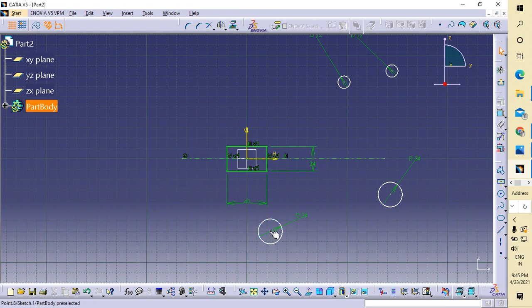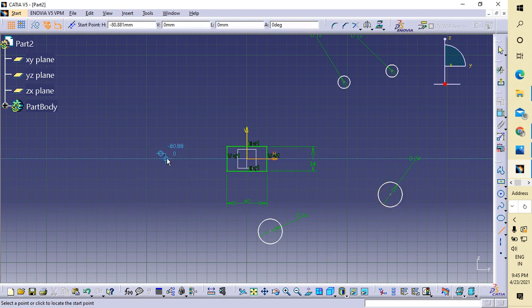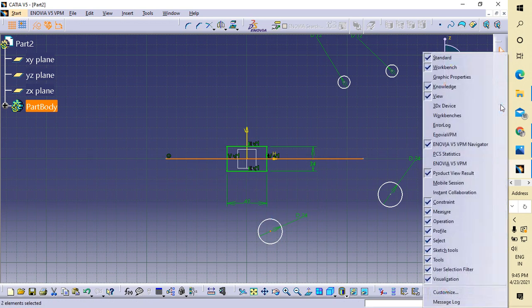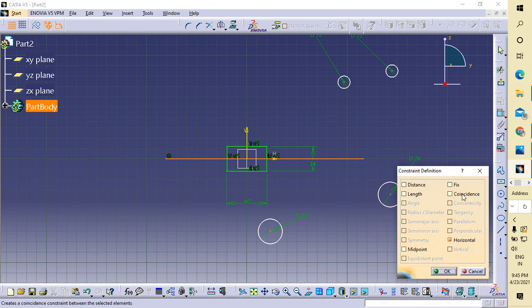Now just select this part. I will not select this axis because it's not advantageous, so I will select this. Okay, from the axis, now it is the center part. So click this center and click here and go to the constraint defining dialog box, coincidence. It coincides here.